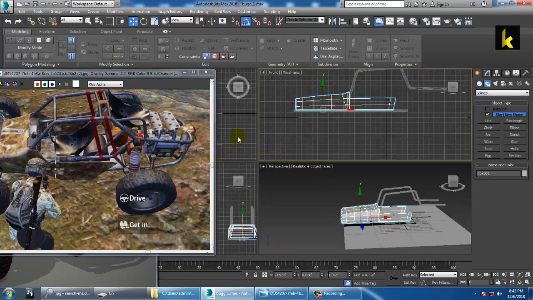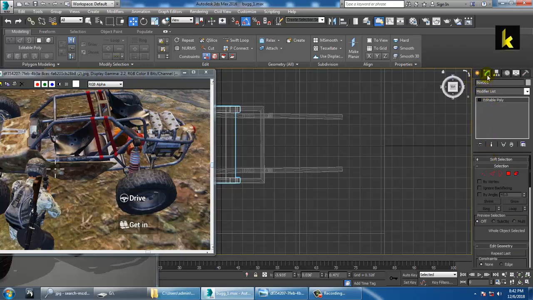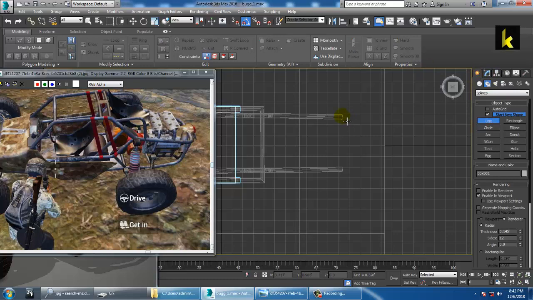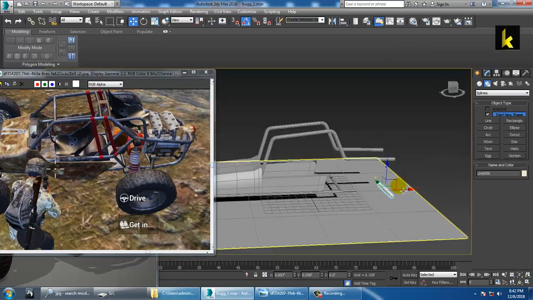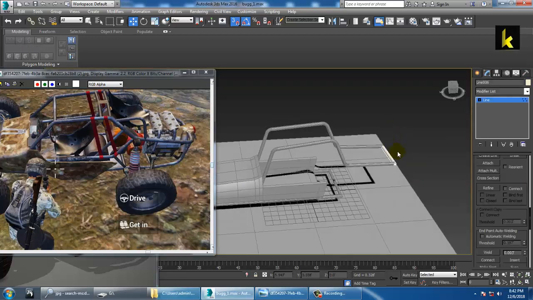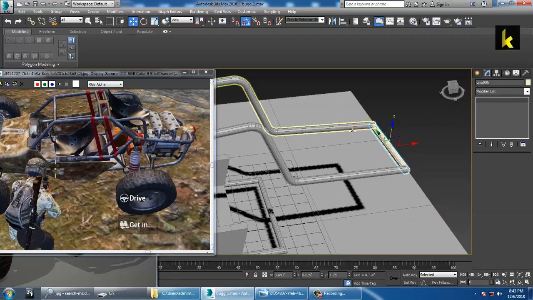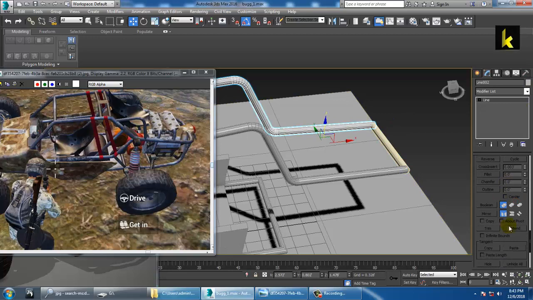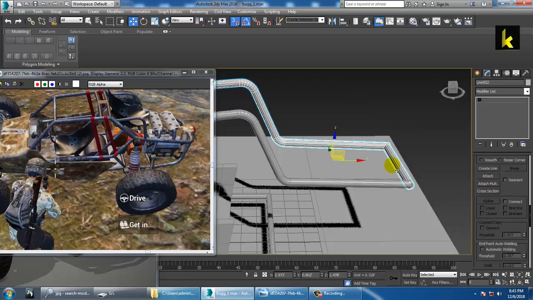Let's go to the top view. Select again a line and connect this over here, these two parts. So let's push this on to the top. Select this part and let's attach it. So you have to attach it again. Vertices, sorry,